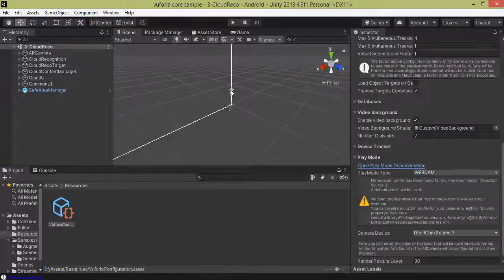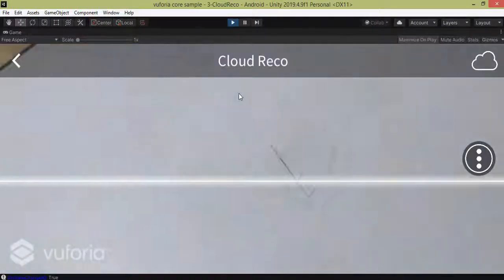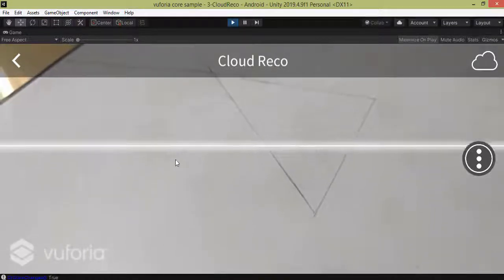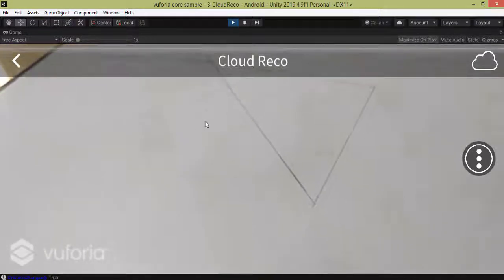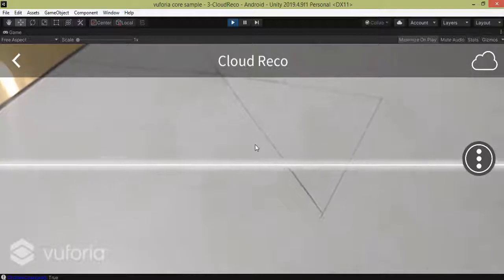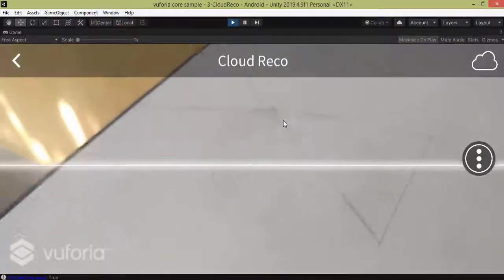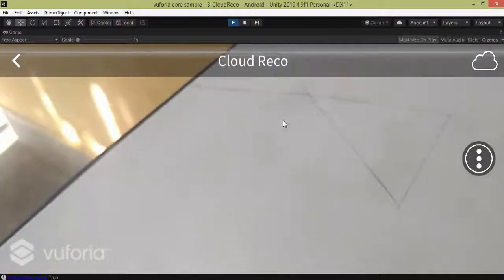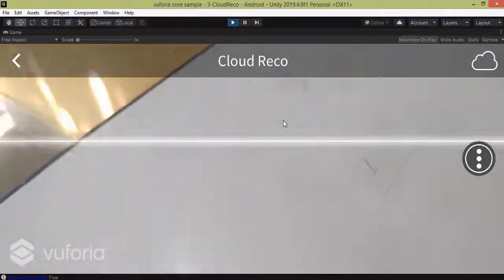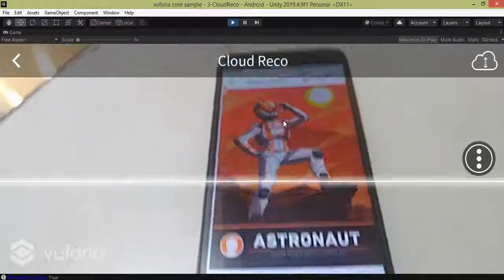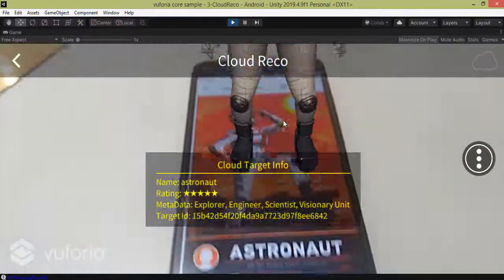And now I am going to enter play mode to check the output. For that, I click on the play button. As you see, first of all, a scanner will appear here. This is a line which is going to scan the object first, and then the 3D model appears here. Now I am going to place an image target in front of this scanner. You will see this is an image target which I'm going to place, and now it's going to scan that object.